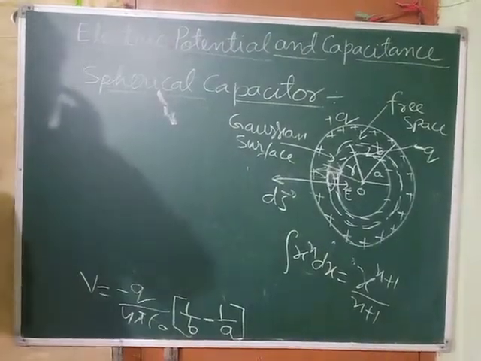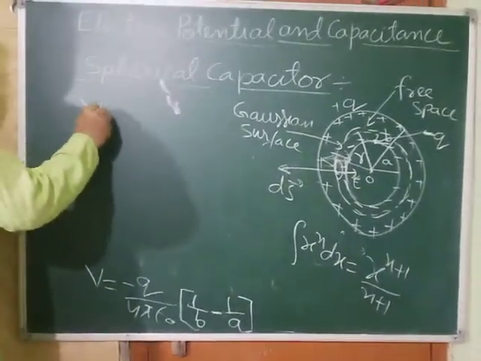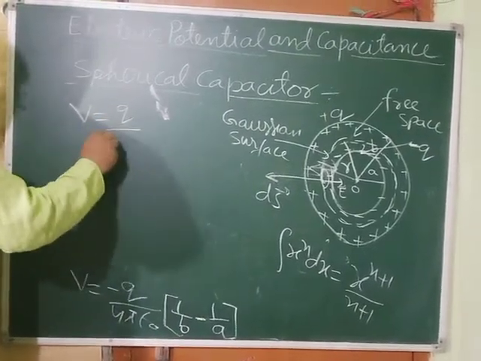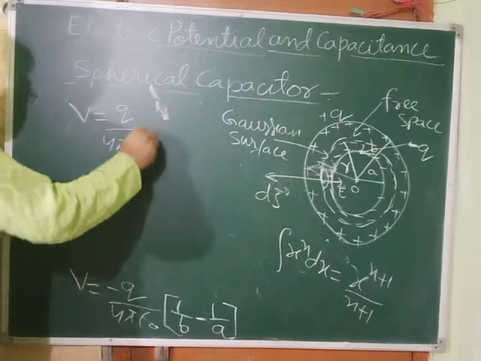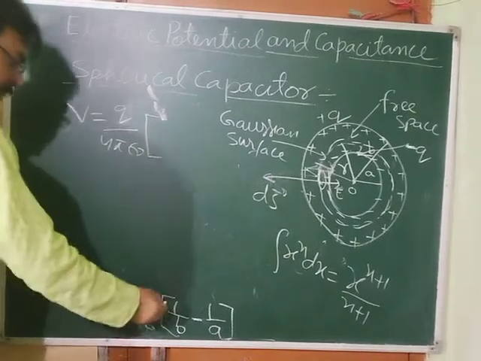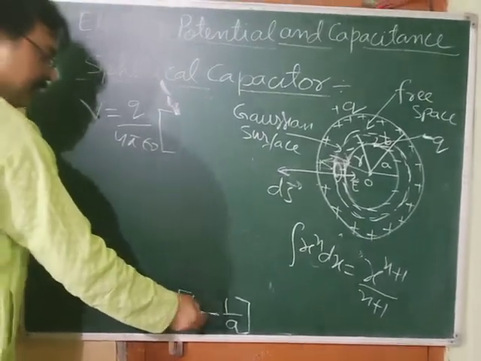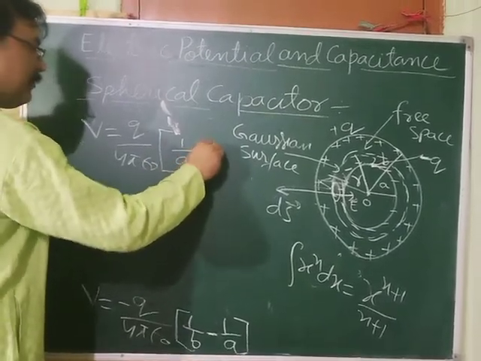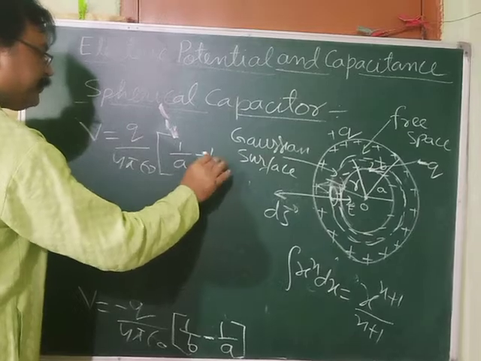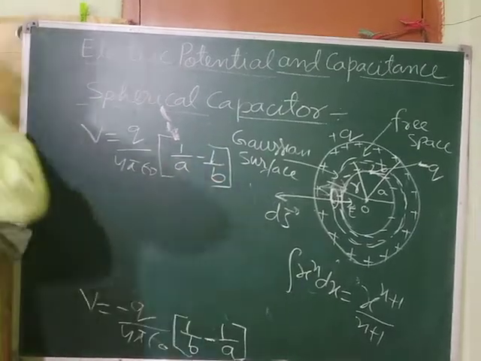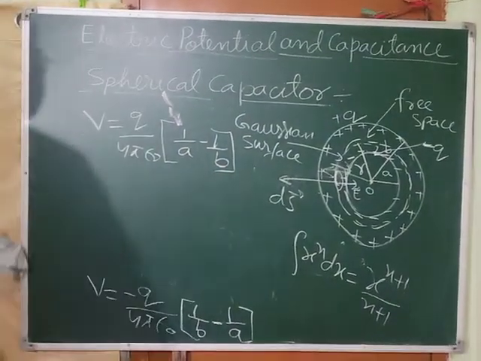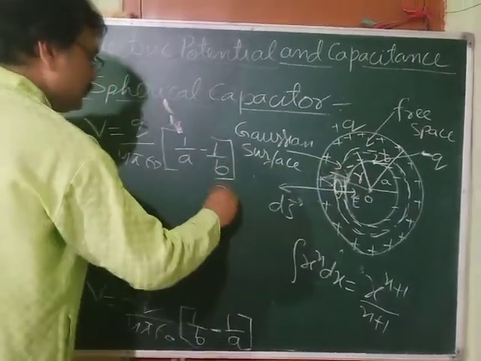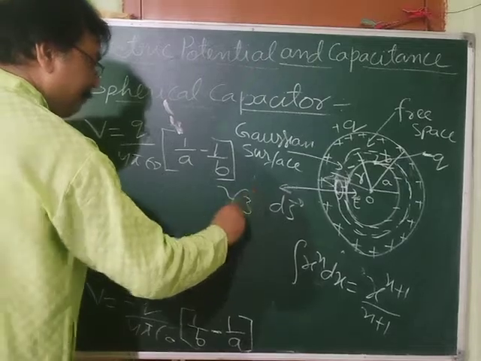See here, what else we can write? This V is there. Can we take this minus sign inside? What will we get? 4 pi epsilon naught will remain as it is. As we are taking minus sign inside, this is positive, so this will become negative. And this is negative, so it will become positive. So this will become positive and the other will become negative. Okay. So we are going to have this. This is the expression for potential, the potential difference between these two spheres. Okay. So we can mark this equation number 3.